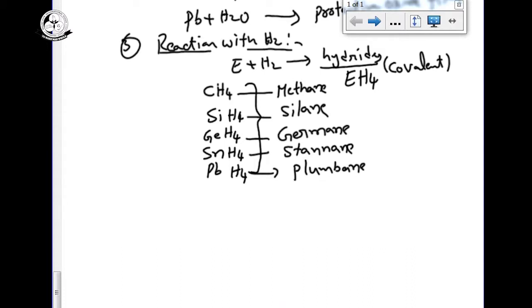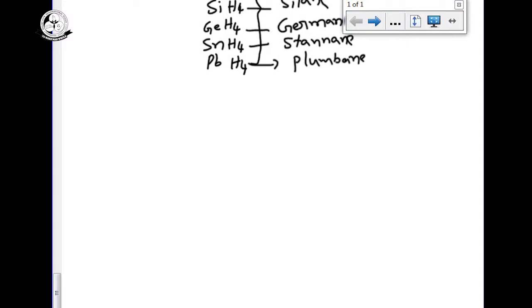Methane is the most familiar, and silicon hydride, silane, we also sometimes hear. But germane, stannane and plumbane we do not hear often. Especially we have to discuss some properties here. First one, from methane to PbH4, thermal stability decreases. They will ask which of the following hydrides is more stable, meaning thermal stability from top to bottom